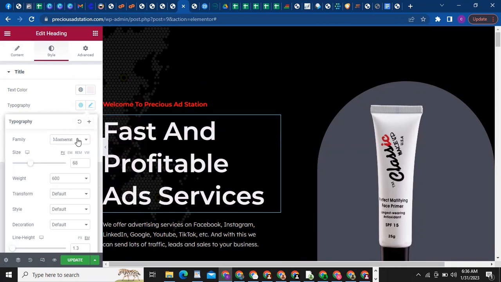You can see the font. You want to change the font. Let's say I want to change it to this one, just change it. You're going to see that it's going to reflect. Did it reflect? I don't think so. It's not reflecting. If it doesn't reflect, it means they want you to change the font